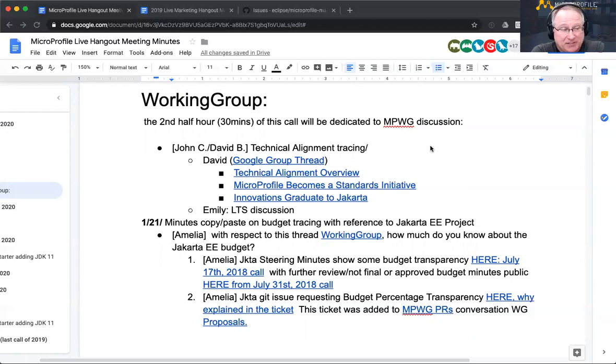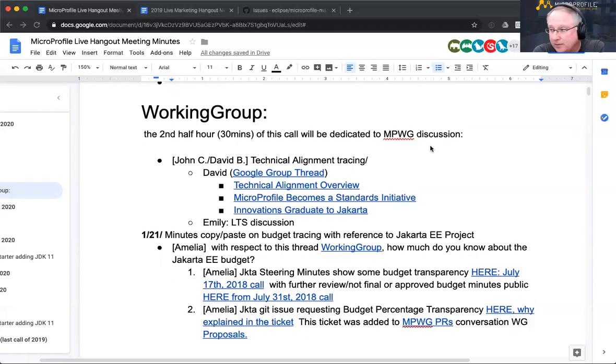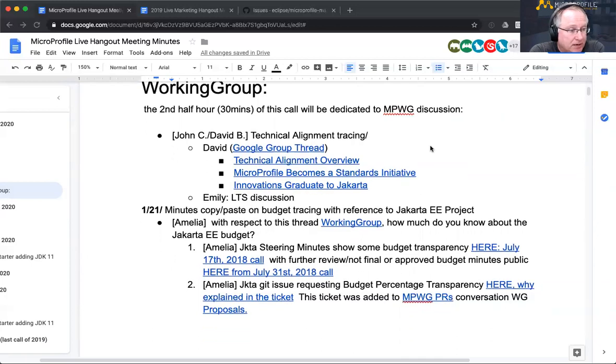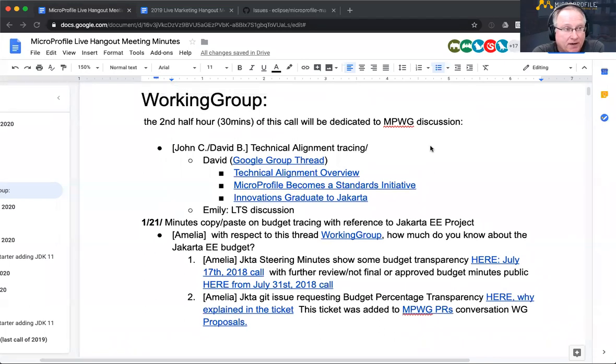We got a little sidetracked about what is a standard, what isn't a standard. It's a good philosophical discussion, but the conversation turned into maybe we start doing LTS releases as a way to provide some level of stability so that specs could potentially be consumed by those outside MicroProfile looking for stability, like Jakarta. So I'll leave it at that.